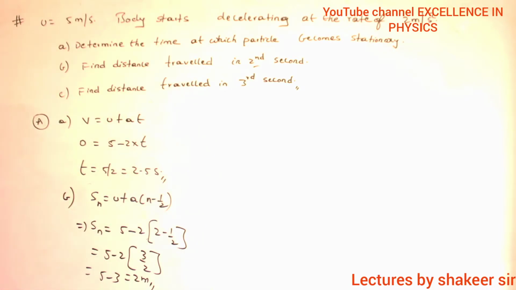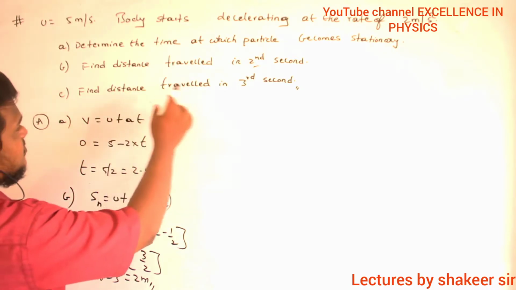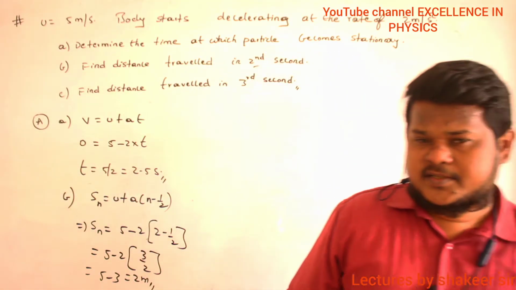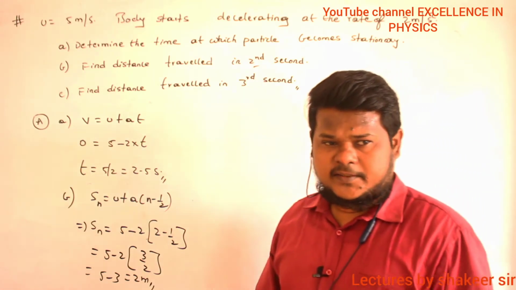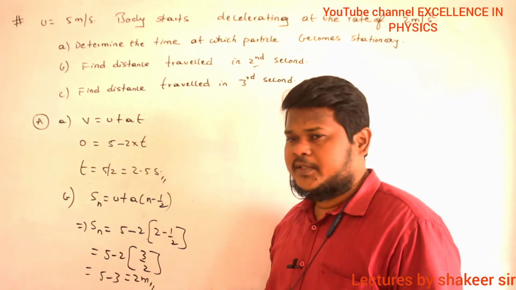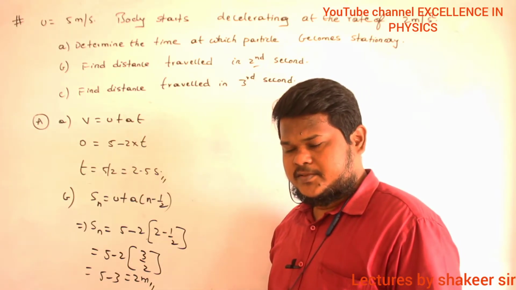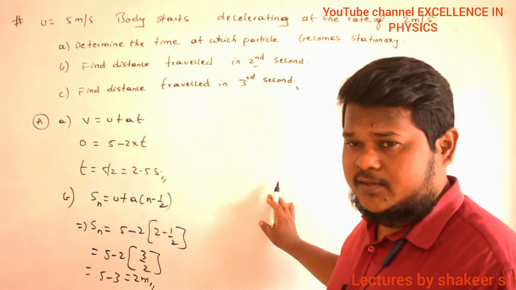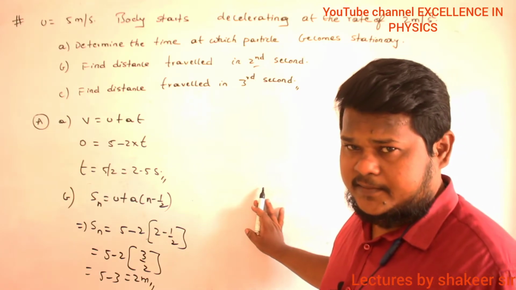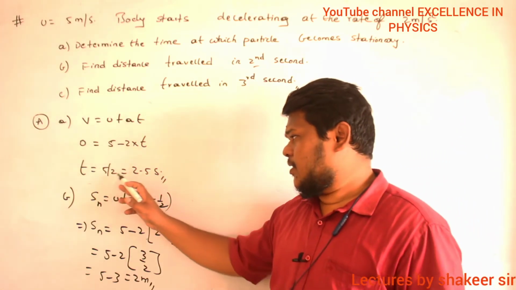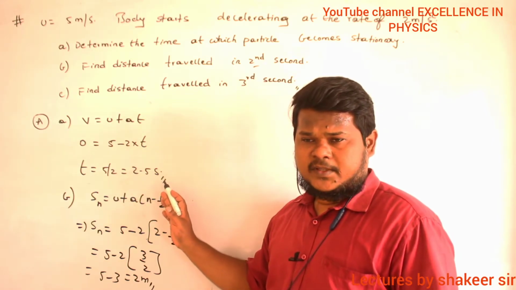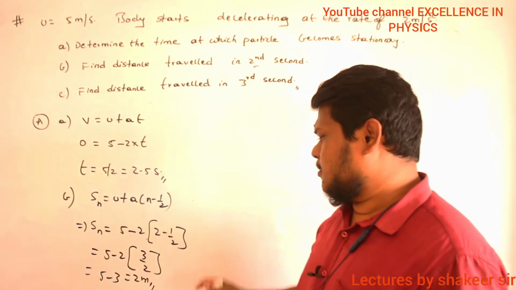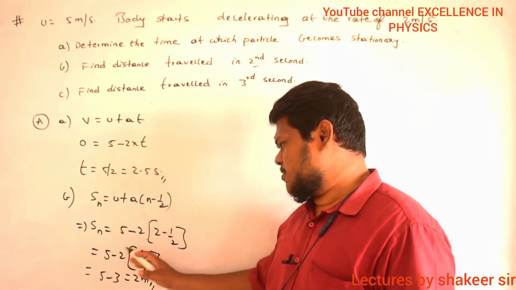So this is the distance travelled by the body in which second? Distance travelled or displacement of the body in the third second. Okay, so distance and displacement both are the same in this condition. In this condition, distance is also 2 meters, the displacement is also 2 meters. What is the reason? Because the body is moving in a straight line and it is moving in the same direction also. How can you say it is moving in the same direction? Because it will take 2.5 seconds to stop. The body will take 2.5 seconds to stop. Are you able to understand? But here he is asking displacement only in a second.